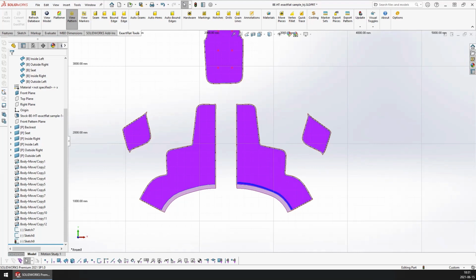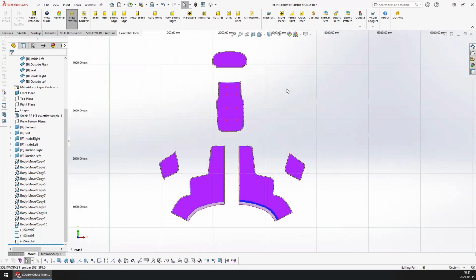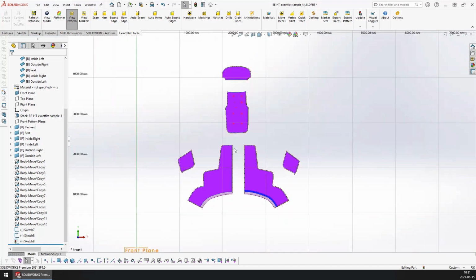Now that our hardware and markings have been created, the last thing we can do is add a grain line to our pattern pieces. So it's very important that we make sure our pattern is finished and complete before we add the grain line information. It is very strongly recommended that you do not move your pattern pieces or add any new hardware or